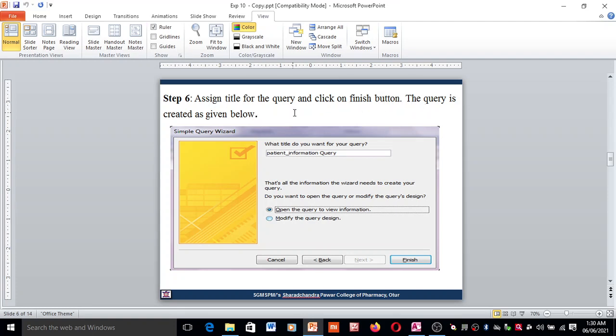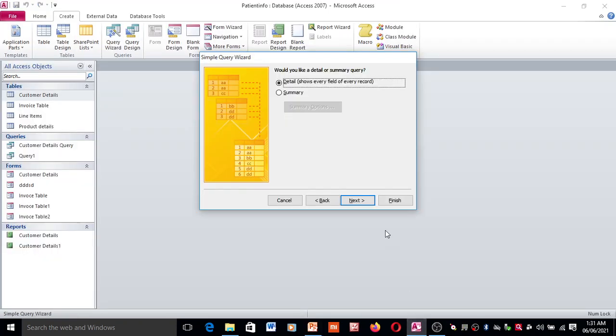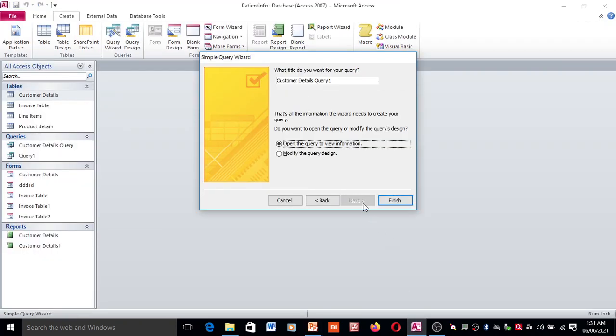The query is created as given below. This type of window opens. After clicking next, another window appears in which you can change the title. Then another two options are there: open the query to view information, and modify the query design.